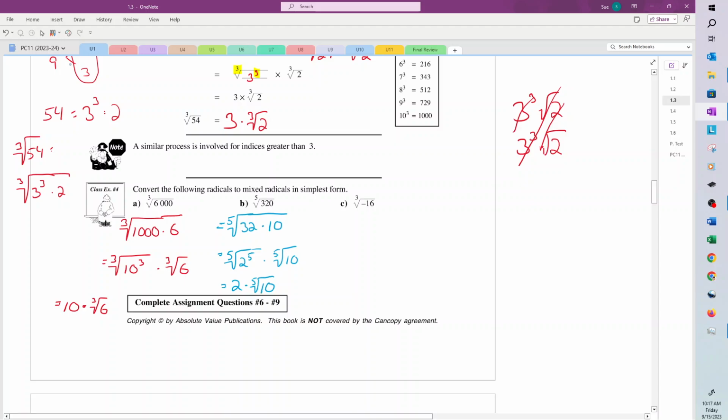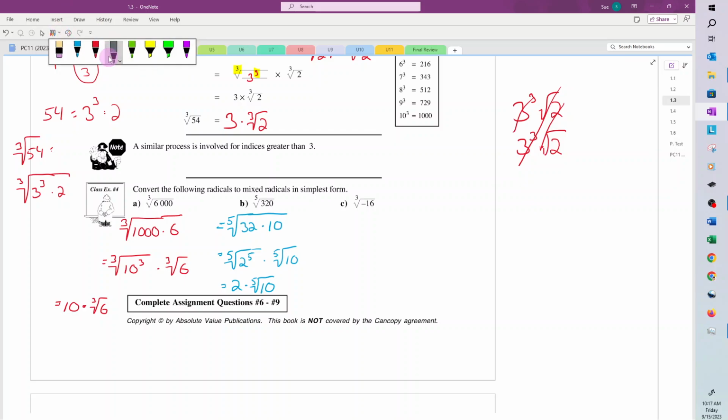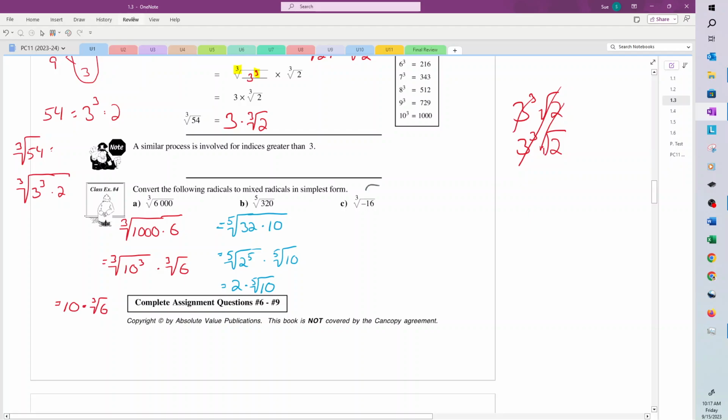All right. Now we've got a negative here. The negative adds an extra wrinkle. So I'm going to show you, we really want to deal with the negative first, okay? So I'm going to do a line of things that you don't need to show, but I'm just going to show it this time so you see clearly what's happening. Okay, so if I do this the longest possible way, this is the cube root of -1